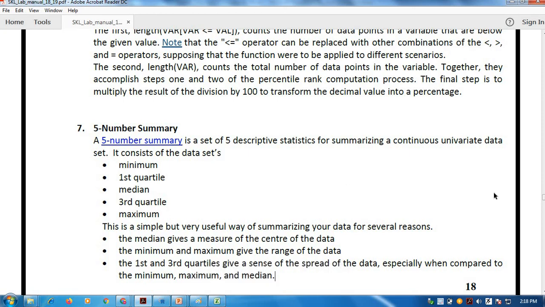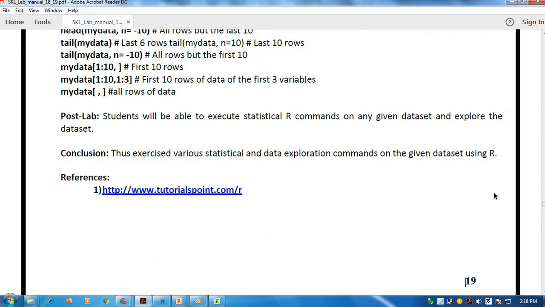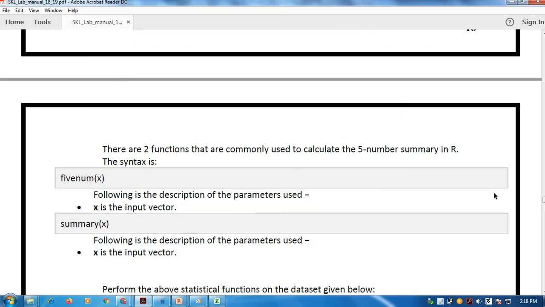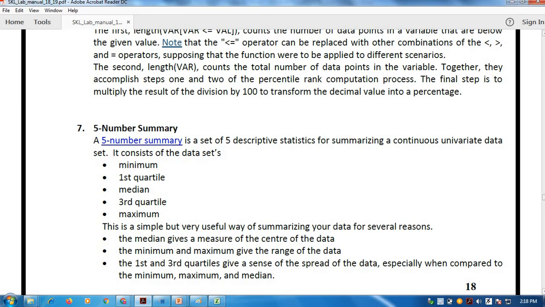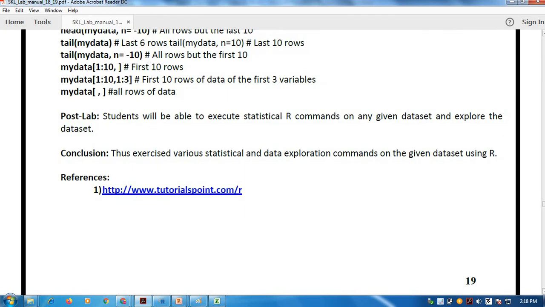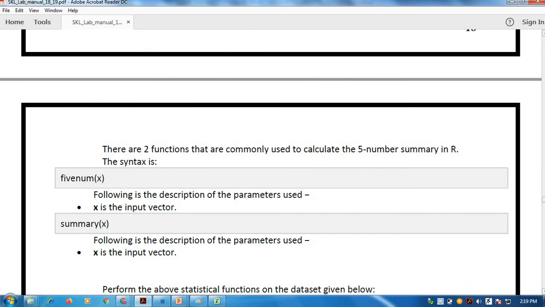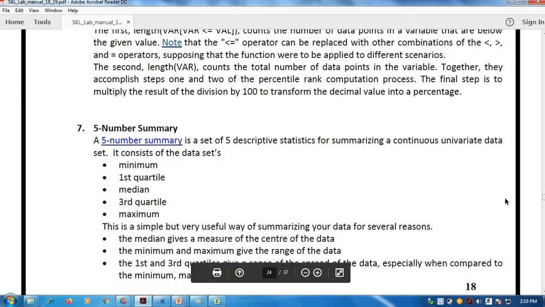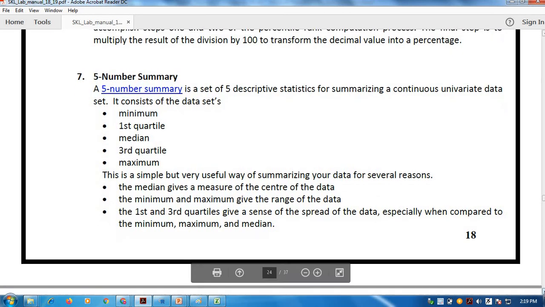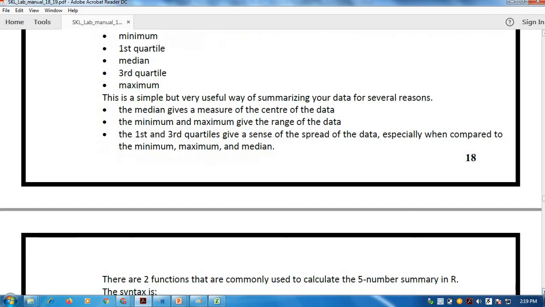Whenever you are summarizing any data set, it is required that you should have these values. So what is the command for this summary? It's a simple command.